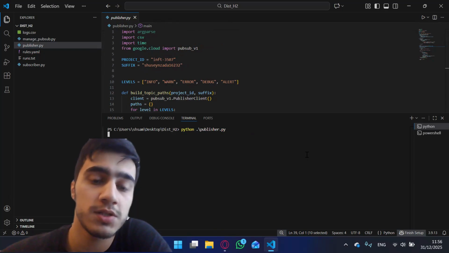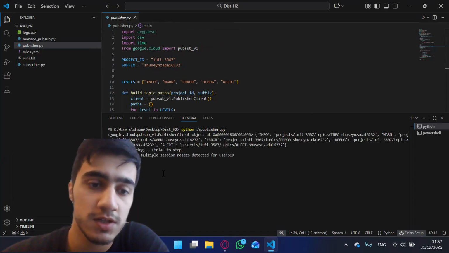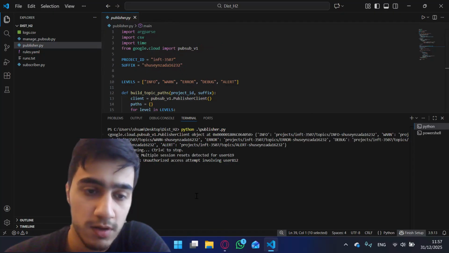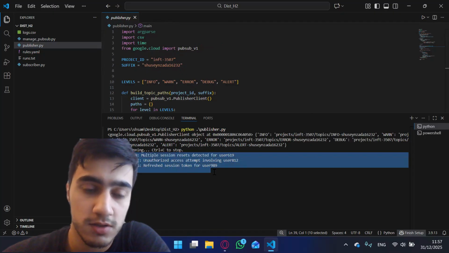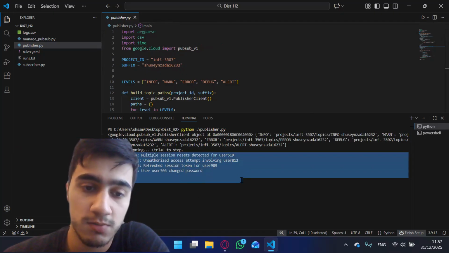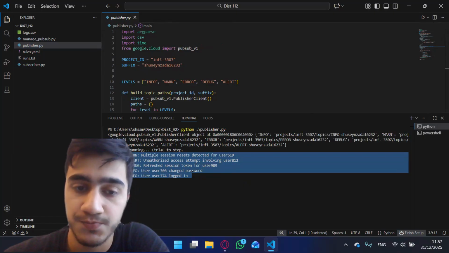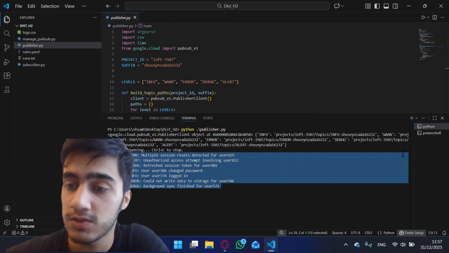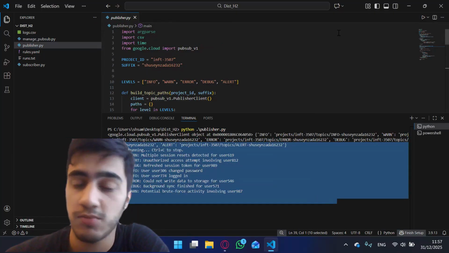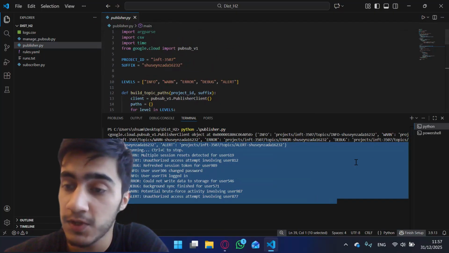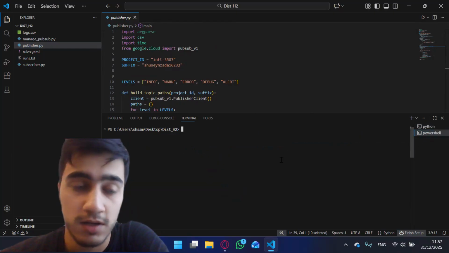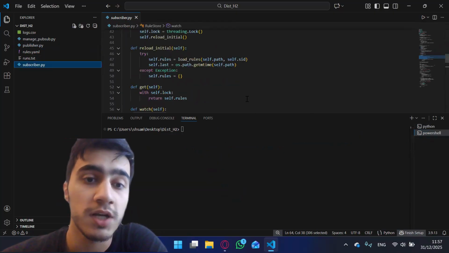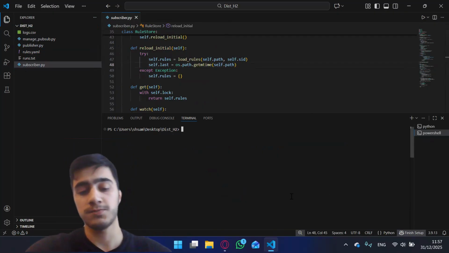When I run the publisher file, it will start reading the log file and it goes through the log file and prints them one by one. And by print, I mean published, and it can be seen by the other subscribers. And let's start by running the subscribers one by one.